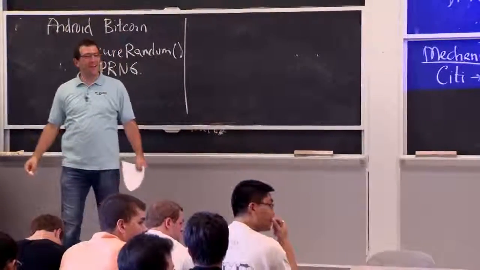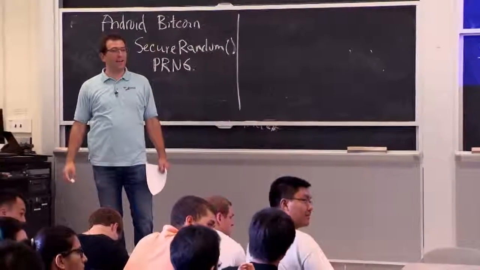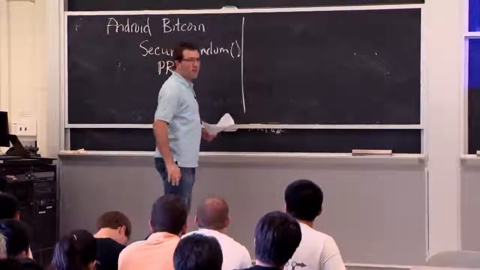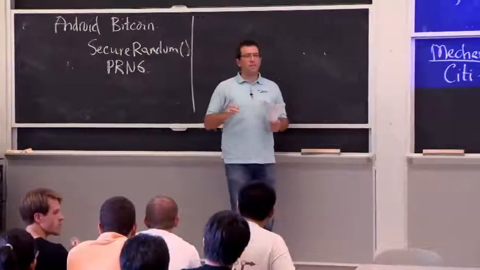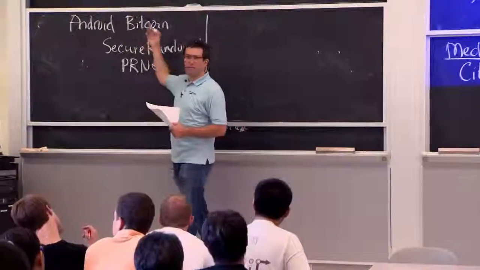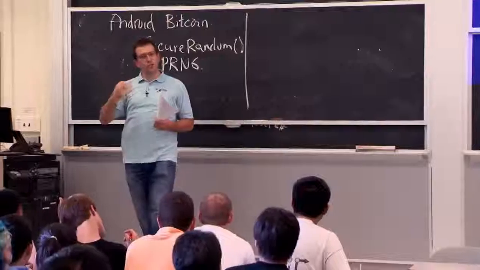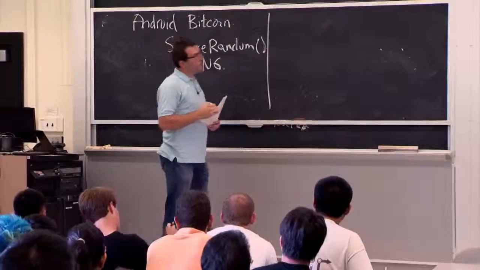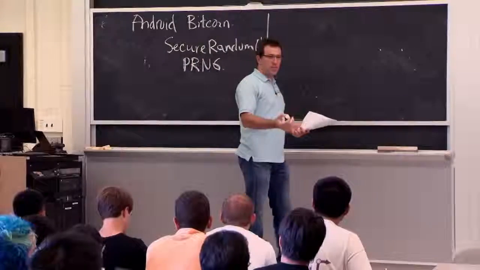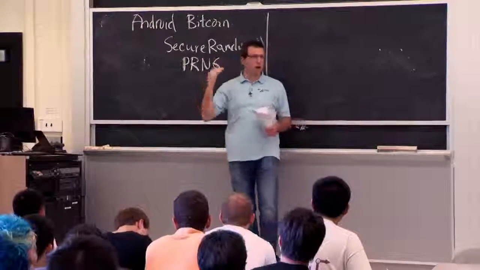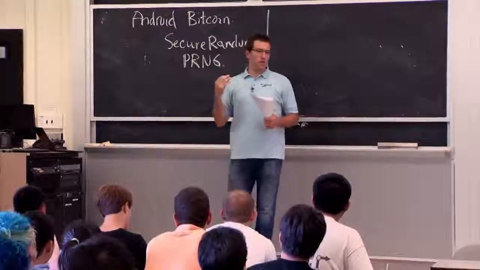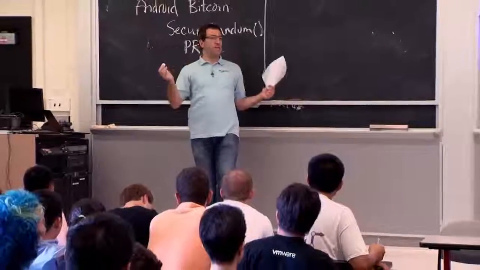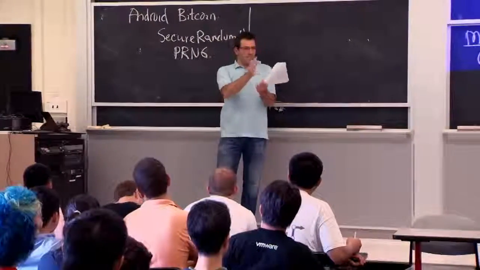Yeah? Just to be clear, is this a different attack from the DSA signature randomness? Well, yeah, so the actual problem is a little bit more complicated, as you're hinting at. The problem is, even if you didn't generate your key on the Android device in the first place, the particular signature scheme used by Bitcoin assumes that every time you generate a new signature with that key, you use a fresh, what's called a nonce, for generating that signature. And if you ever generate two signatures with the same nonce, then someone can figure out what your key is. The story is pretty similar, but the details are a little different.